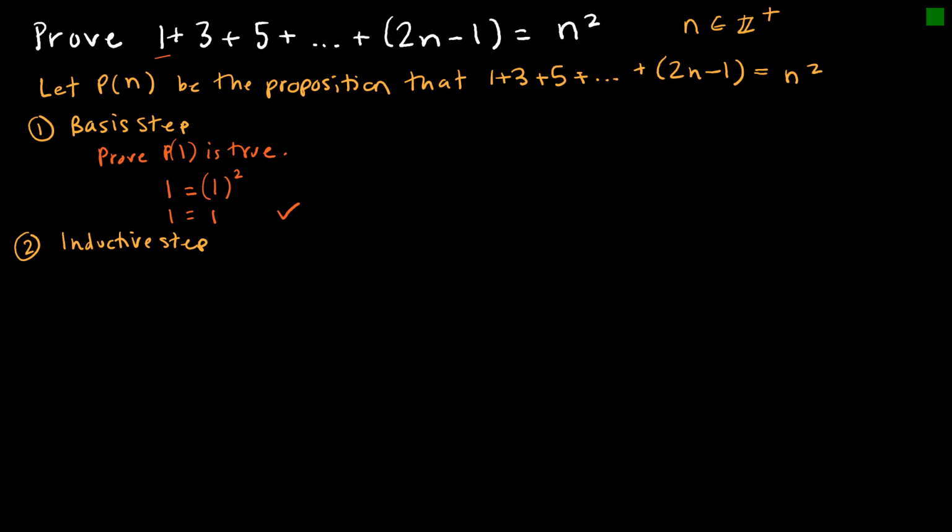And remember, that says assume P of k is true, show P of k plus 1 is true. And again, I like to write it out explicitly, and you have to write the inductive hypothesis. And my inductive hypothesis is that 1 plus 3 plus 5, etc., all the way up to 2k minus 1 is equal to k squared, because again, we're looking at P of k being true. Then I want to show, and again, I like to write this step so I know where I'm headed. I want to show that if I continued this